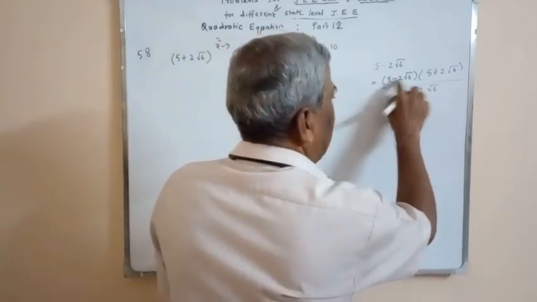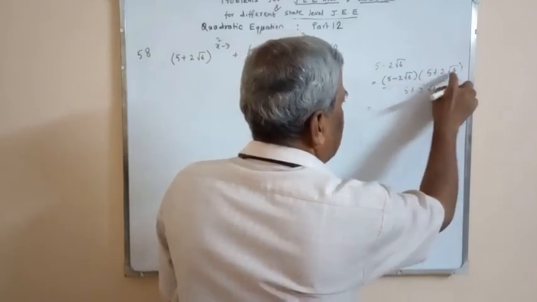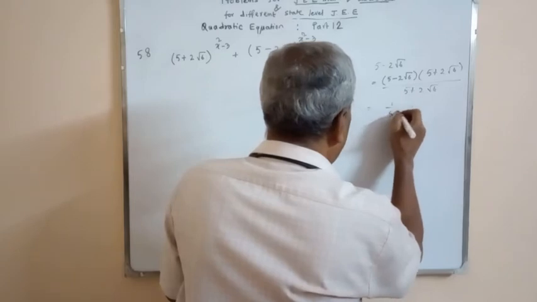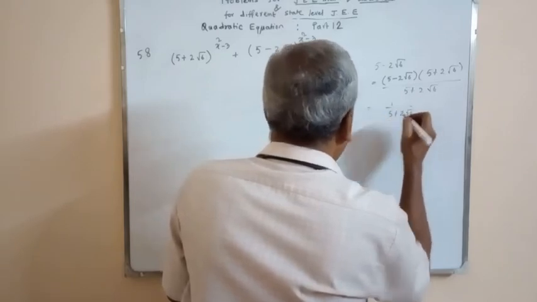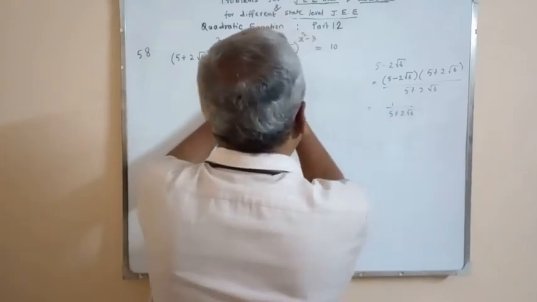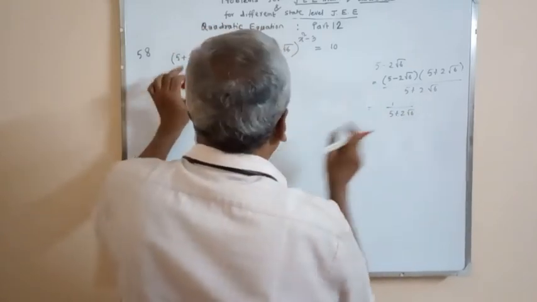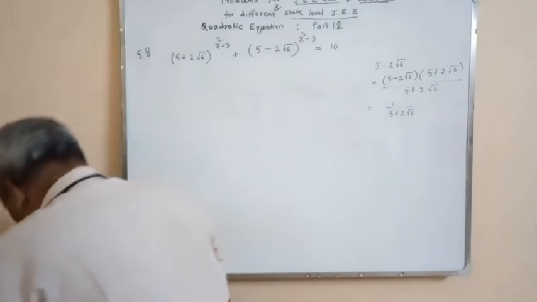Numerator: 25 − 24. So 1 by (5 + 2√6). So actually this is the reciprocal of that. This is the reciprocal of that. Therefore,